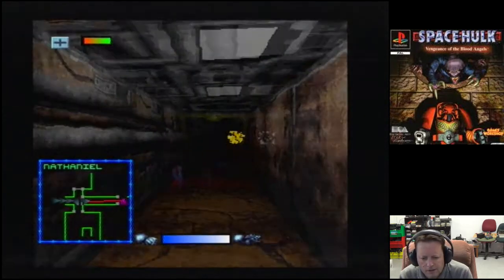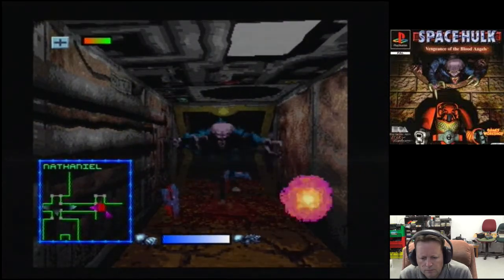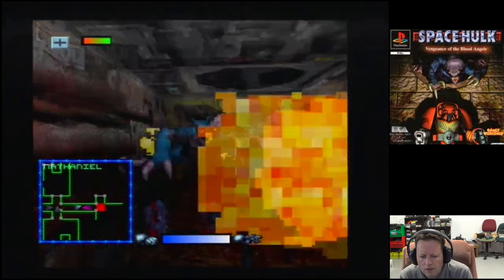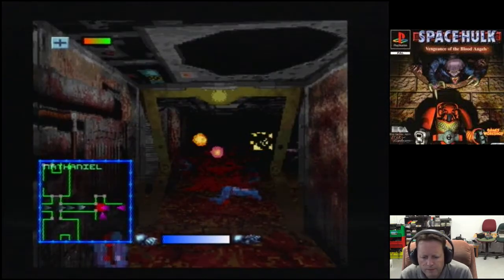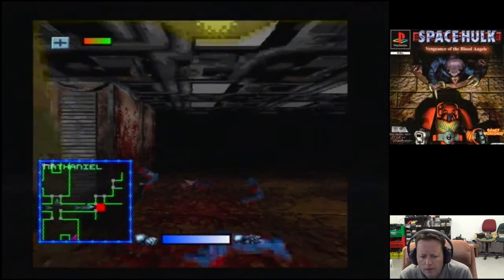Stuck. So it's a first-person shooter, but it does have strategy elements as well. And while you're playing one of the players,